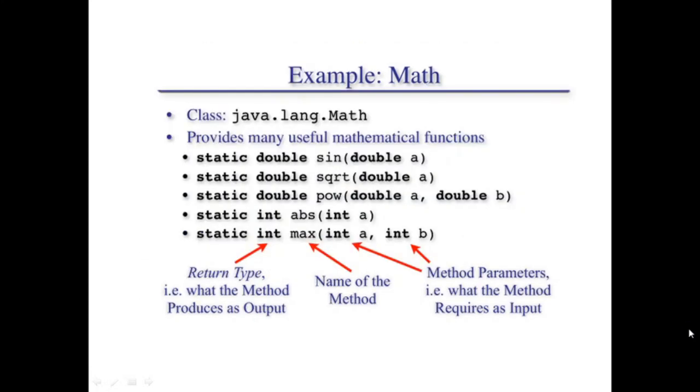Here, for example, we will see what the math library has. Like the class java.lang.Math. This java.lang.Math is the full namespace name of the Math class. Whenever we are going to use a particular method of a particular class, that class should be included inside the program, and that can be done by using the full namespace.